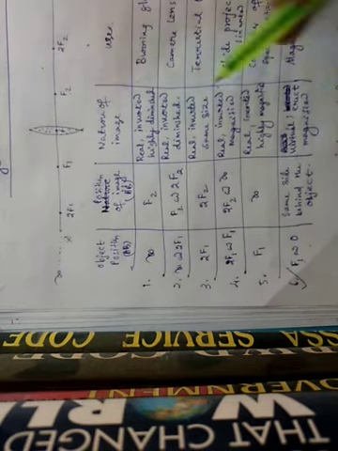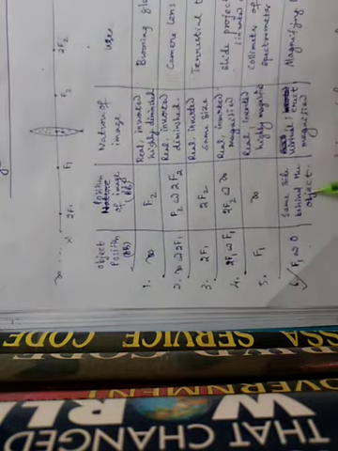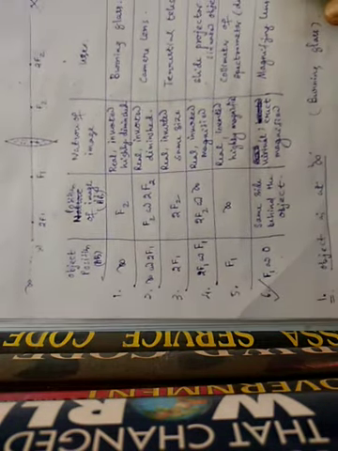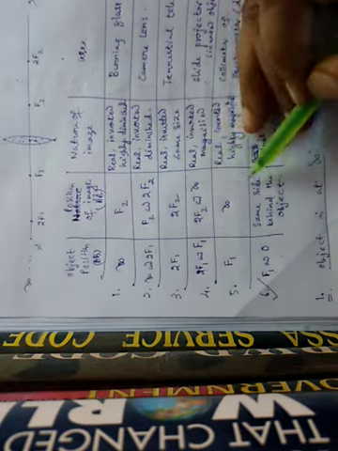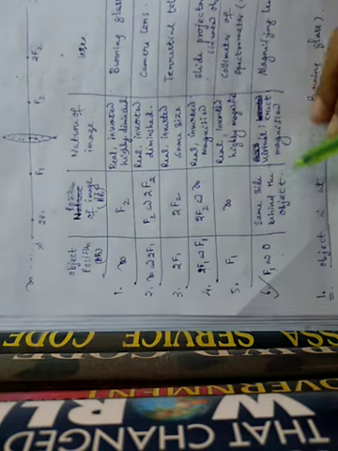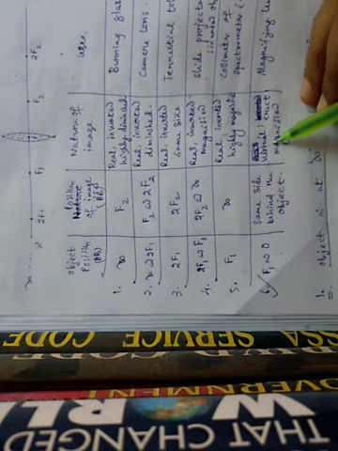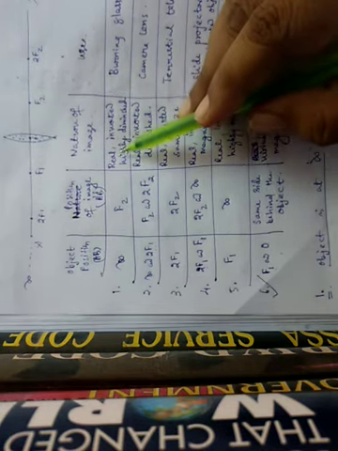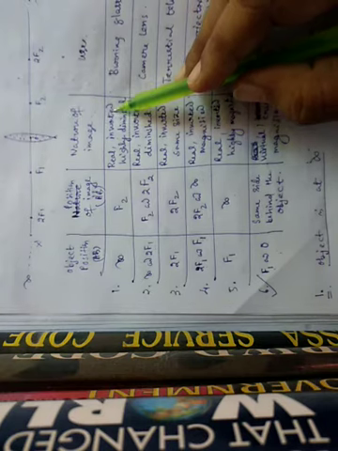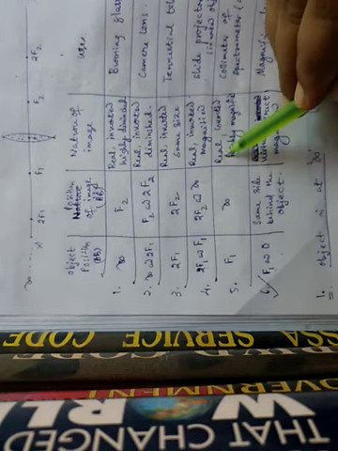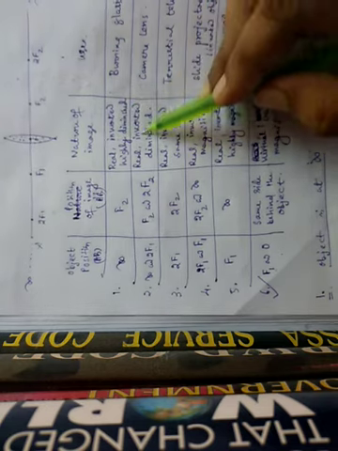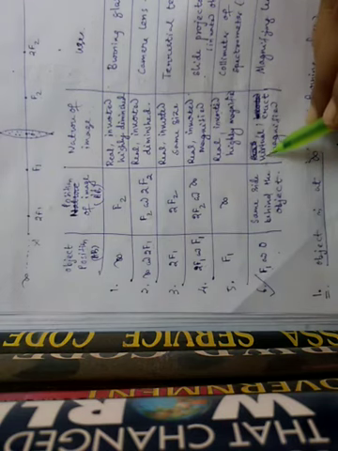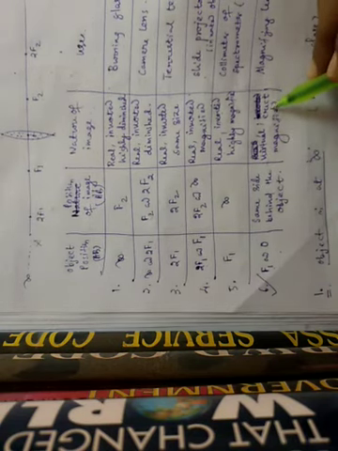That means here all the images are real and here the image is virtual. Now we will recall what a real and a virtual image is. In the first 5 cases the image nature is real. In the last one the image nature is virtual. We already discussed the difference between a real image and a virtual image. When the image is real, obviously the image will be inverted. So where we have written real image, we add the next term: inverted, inverted, inverted, and inverted. But for the last one, as the nature of the image is virtual, our image should be erect.